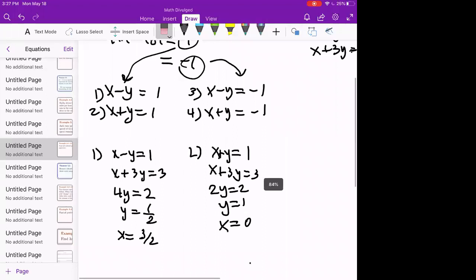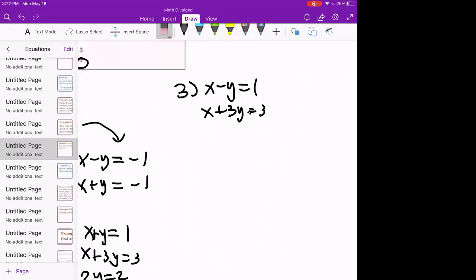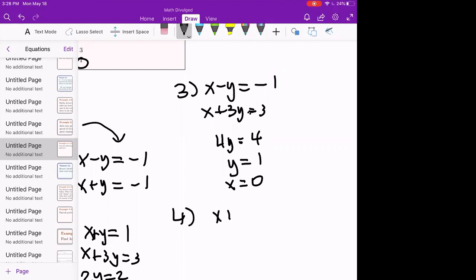Oh yeah, this is -1, my bad. Okay, now when we subtract the equations, we're going to get that 4y is equal to 4. So therefore we'd get that y is equal to 1. And if we plug this back in, we should get that x is equal to 0. And then our final potential solution is if we have x plus y is equal to -1, x plus 3y